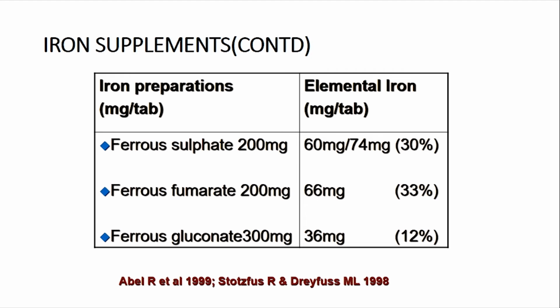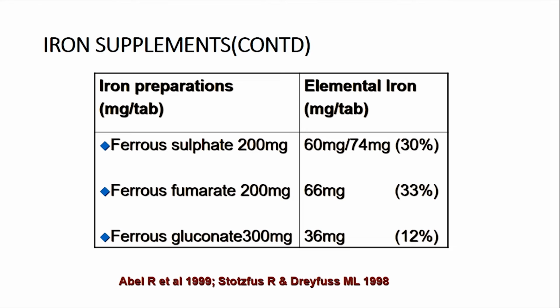For ferrous fumarate, 200 milligram 3 times daily can be given, and the elemental iron content is 66 milligram per tablet. While for ferrous gluconate, 300 milligram 3 times daily can be given, and it has 36 milligram per